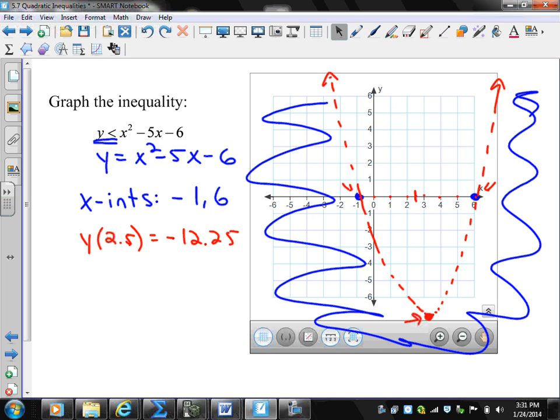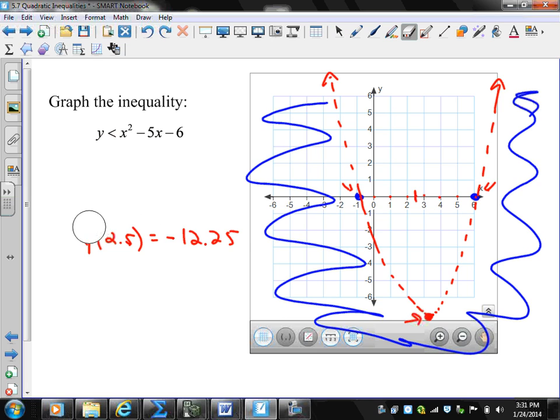What I'm going to do is I'm going to just make sure that this works and try a test point. So as I cleared all this out, I'm going to choose 0, 0 as the test point, and there's my point 0, 0. So what I should get here when I test this out is a false statement, because I'm saying that it's shading below the parabola, and this point right here obviously is above it and inside it, if you will. So if I put in the point 0, 0,